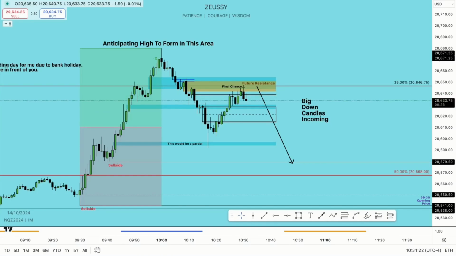ES is making lower bodies still, whilst NQ is making higher bodies here. So that's again a correct correlation inside of this high formation here. So let's see if this is indeed the final chance for the market to roll over. As outlined, in order for that to be confirmed, we need to see the market displace below this old BC again. Because if you measure the range as well from this high to this low,